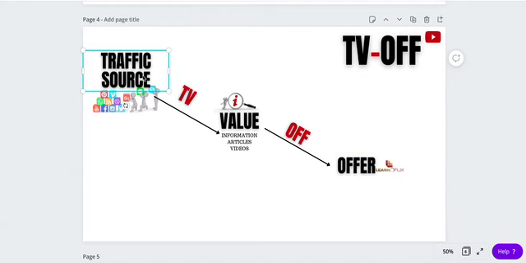So we're going to pick, for example, people on YouTube. What's the strategy to get them to our offer? Everybody watching YouTube on a daily basis, how do we get them to our offer? That is going to be a training on its own. That's a module on its own. How do we get people on Facebook to our offer? These strategies are different.